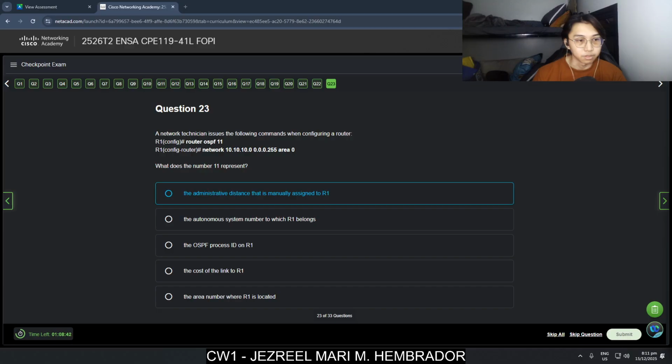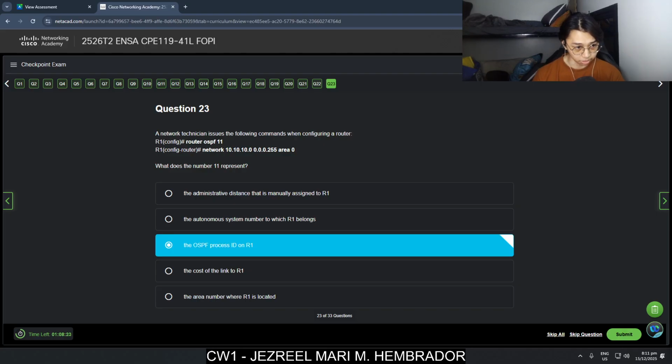The administrative distance, the autonomous system number to which R1 belongs, the OSPF process ID on R1, the cost of the link to R1, the area number where R1 is located. I think it's the OSPF process ID on R1.